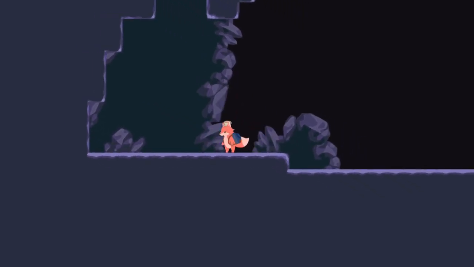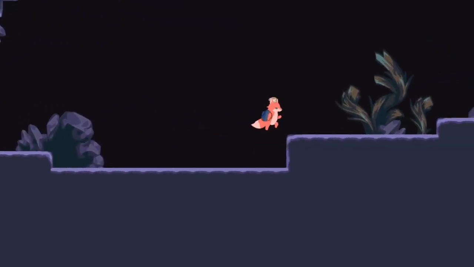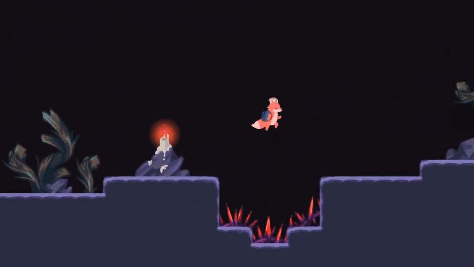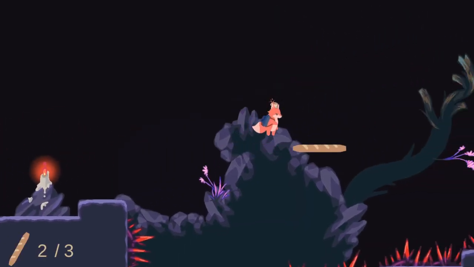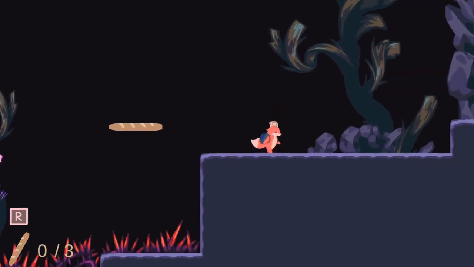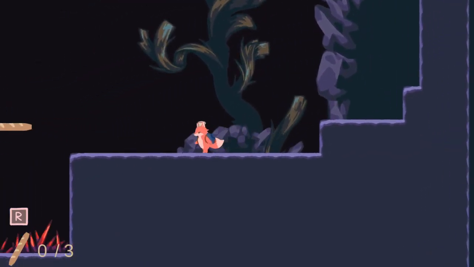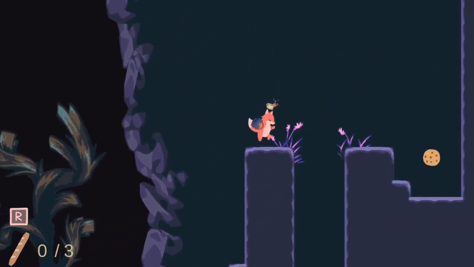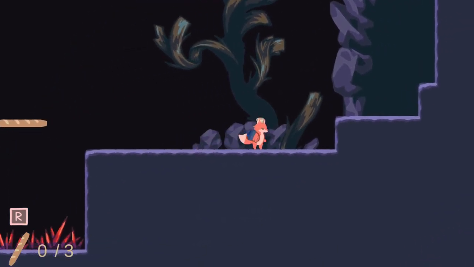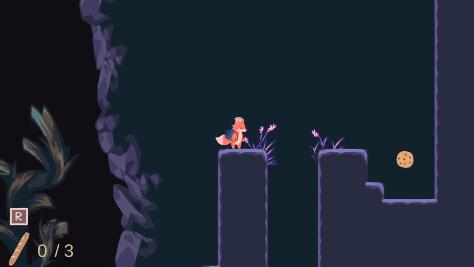Now for section 2, the most boring part of the speedrun. There is nothing here that will slow you down. At the end of this open second section, there's one part that is quite difficult to pull off, and that is scaling this wall. Now what you want to do is a pause jump up here,